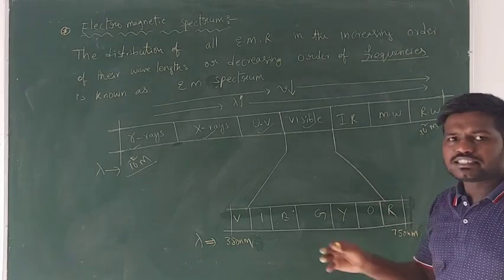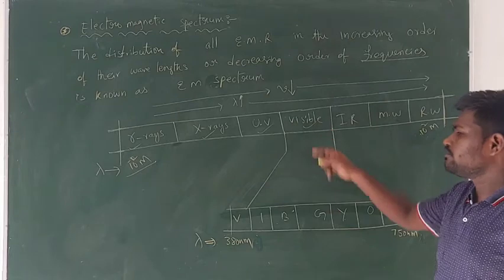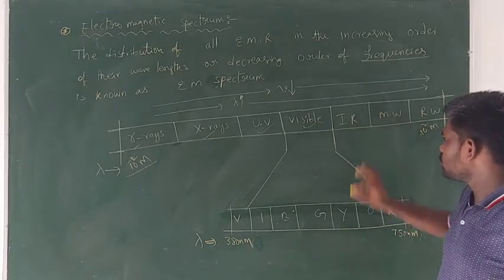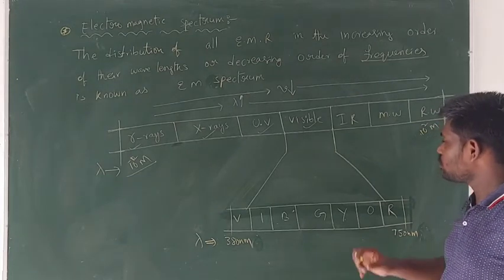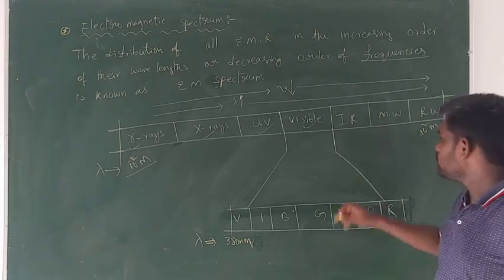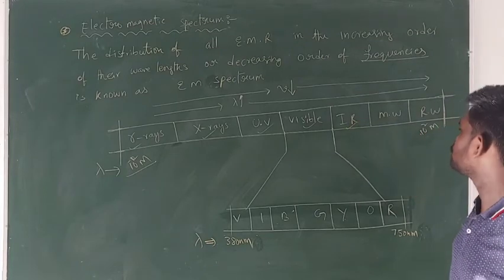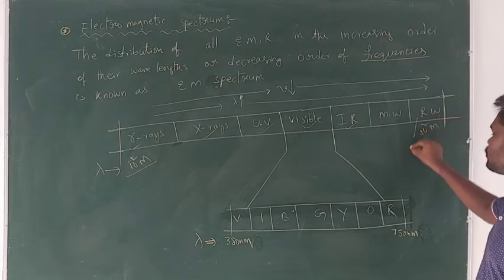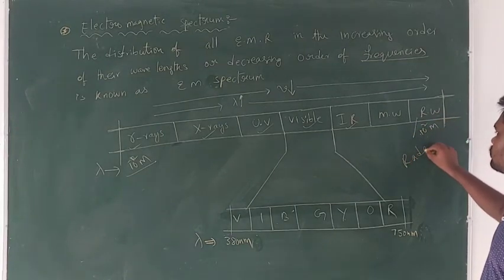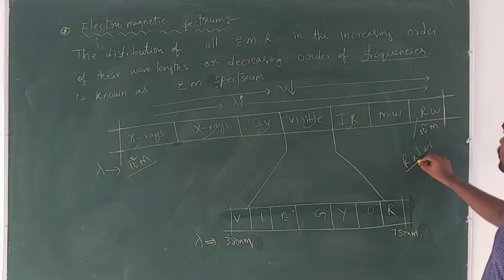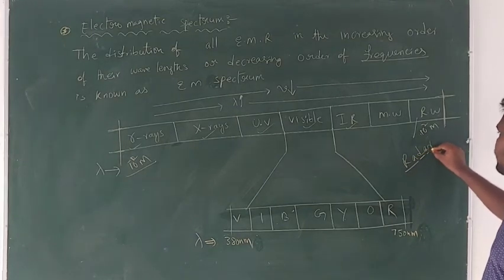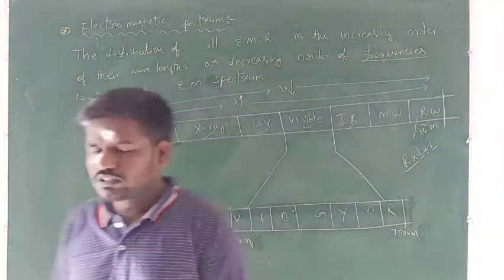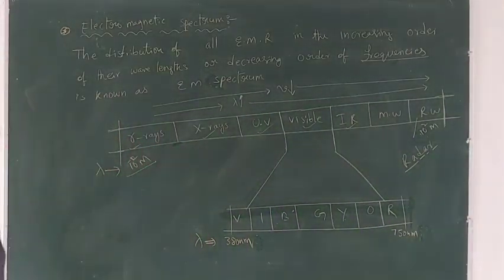We can see the things present around us with the help of visible radiation only. At night time we can't see things because of the absence of visible radiation emitted by the sun. Infrared radiation is used to shoot things at night time, as in night vision cameras. Microwaves are used for heating purposes, and radio waves are used in radar, which means radio detection and ranging. So these are the various uses of electromagnetic radiations.